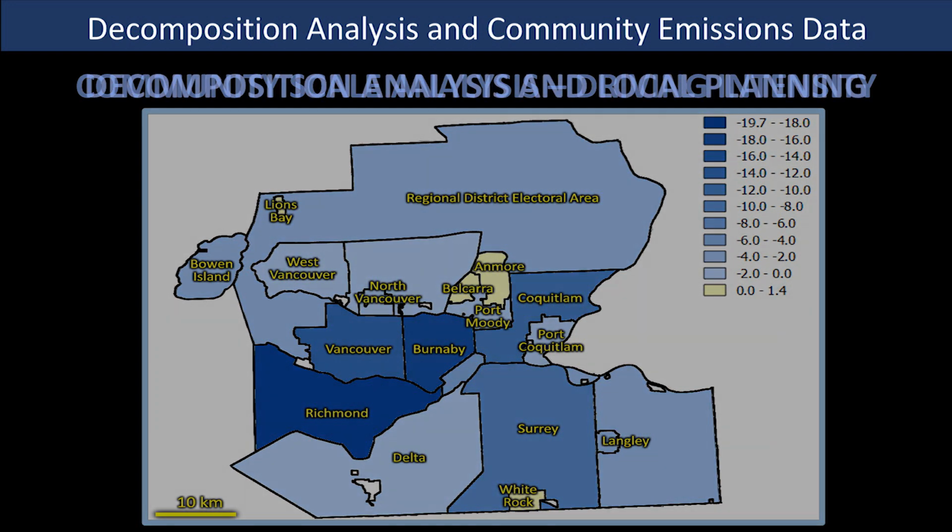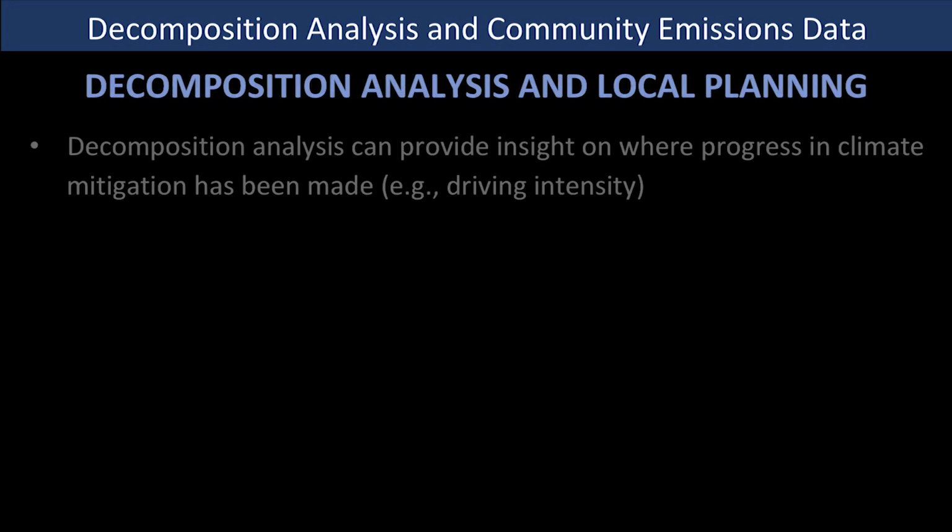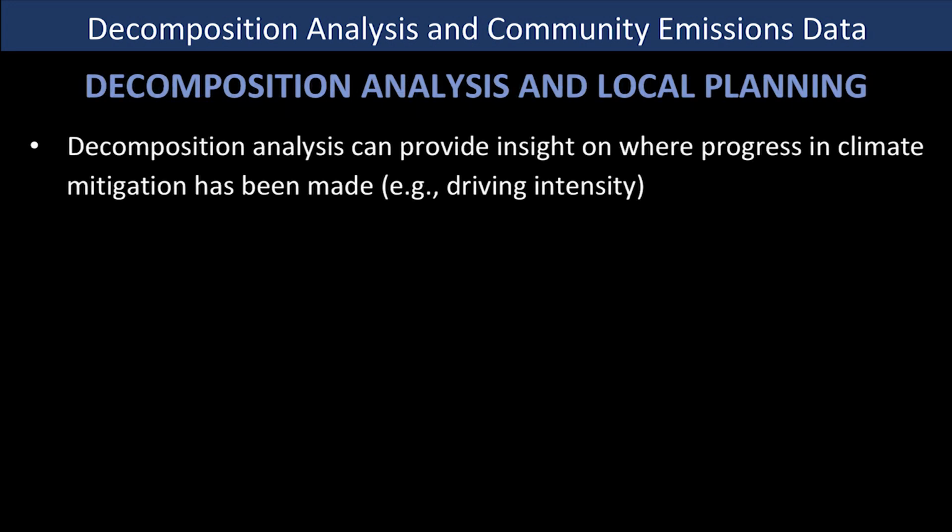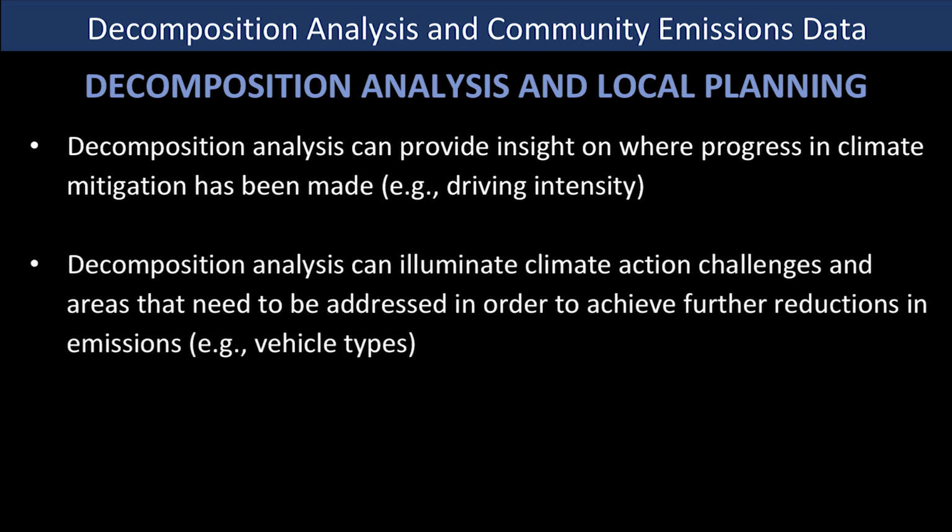So what can this actually do for local planning? Well, this can provide insight on where progress has been made. We do have that driving intensity. It doesn't exactly give you an idea of what is causing the mitigation, right? So a combination, perhaps the BC carbon tax, better transportation networks, bike lanes. You have to look at it as a collective, but you generally get a sense of where gains are being made. Perhaps more importantly, you see where the challenges are and where policies should be directed. So you look at the challenges around vehicle type and those increases there. We think about a time around 2012. So what do we think about in terms of incentivizing smaller vehicles or electric vehicles?